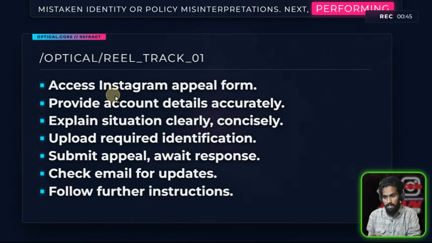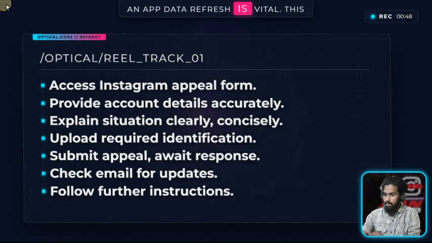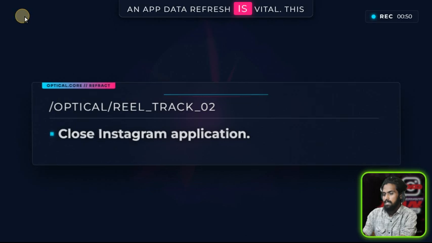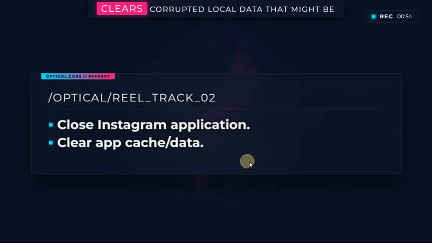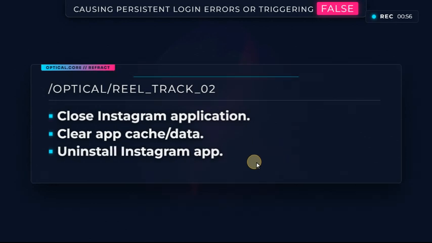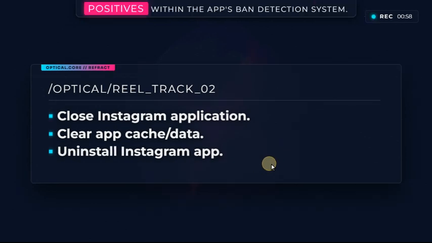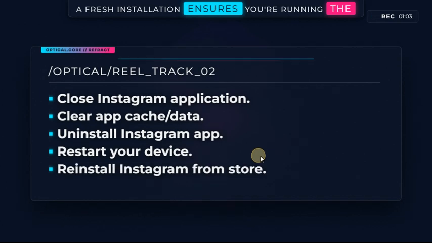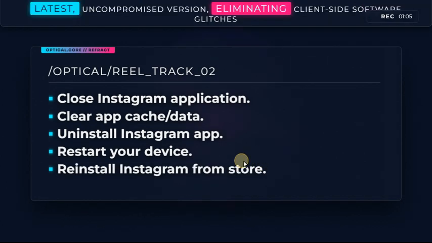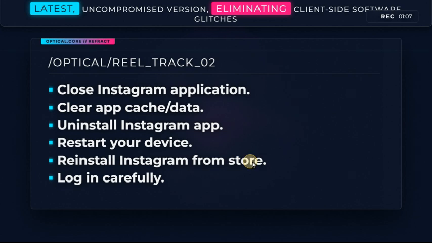misinterpretations. Next, performing an app data refresh is vital. This clears corrupted local data that might be causing persistent login errors or triggering false positives within the app's ban detection system. A fresh installation ensures you're running the latest, uncompromised version, eliminating client-side software glitches that perpetuate the ban